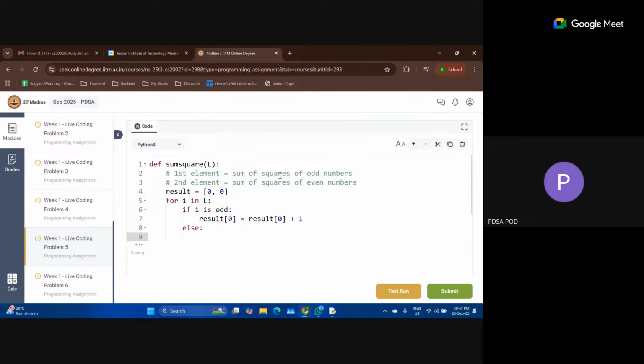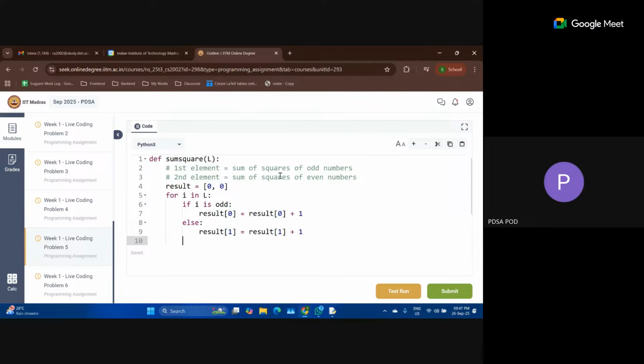Else, if I is not odd, that means I is even, so I will just do result of 1 equals result of 1 plus 1. Finally, I'll just return my result list. Is this clear?